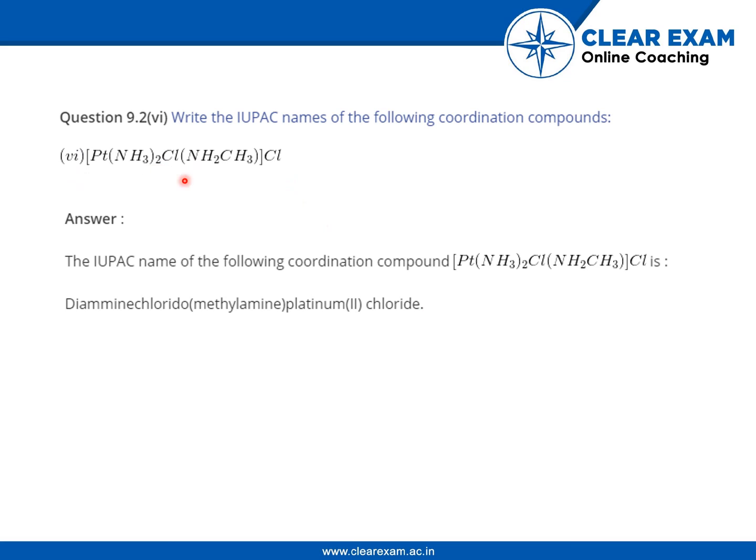If the Pt had been present in the negative part of the coordination compound, we would have written platinate. Just remember, if it is present in the positive part, the metal will be written as it is, platinum, and if it is present in the negative part of the coordination compound, we basically add ate at the end. Platinate, ferrate,